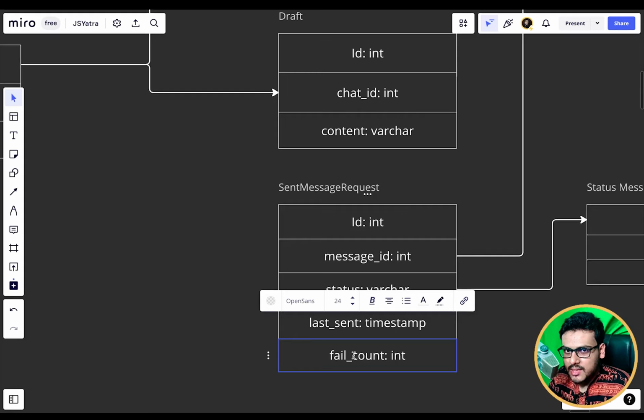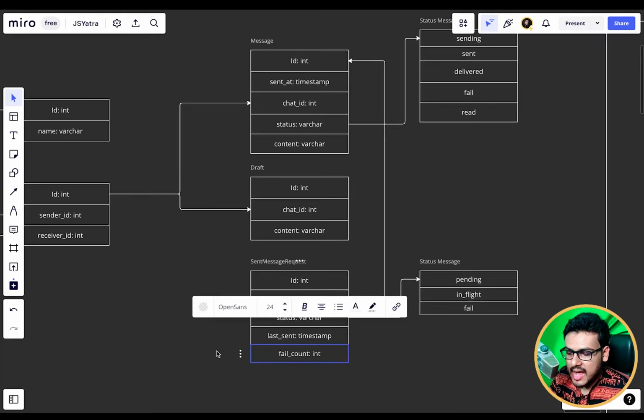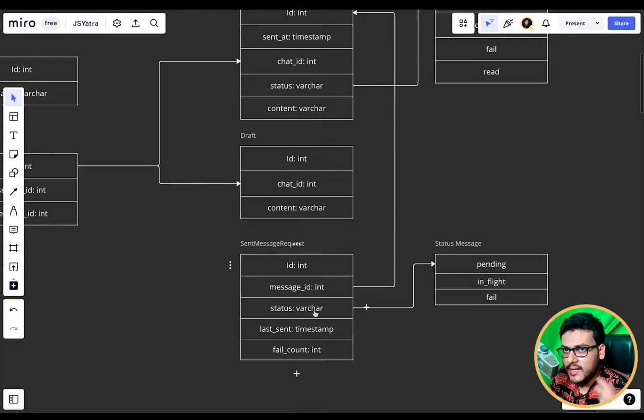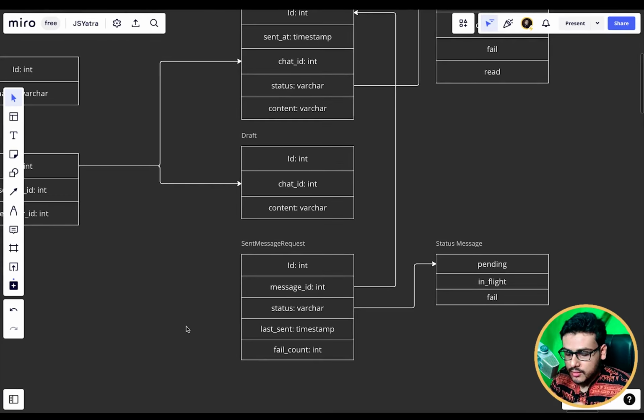After we have reached a threshold, then we can finally show that I have tried so many times, this message was actually a failure, so I can go ahead and update the status as failed. So the backend can fail the request 1 time, 2 times, 3 times. For the first time and the second time, we are not going to show any UI update on the front end. It is a threshold